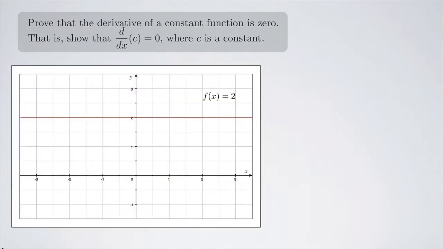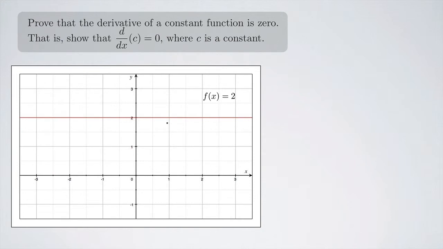Prove that the derivative of a constant function is 0. That is, show that d by dx of c equals 0, where c is a constant. So if we have a constant function, that's going to look like a straight line when you graph it. Something like this. This is f of x equals 2, and you can see it's just a straight line at